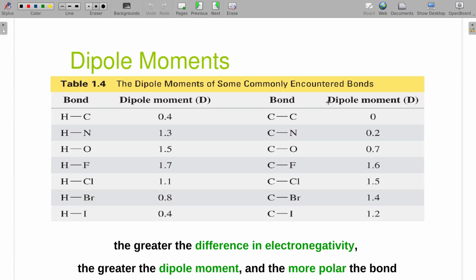Various different things give us various different polarity or dipole moments based on the bonds. These numbers aren't really that critical to know. We just need to know the trends on why they go up and down, and you can base that on where the two atoms are and those electronegativity differences. You can basically look at the difference, and that relates to the dipole moment almost directly.